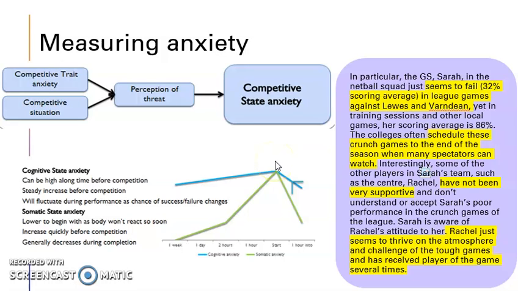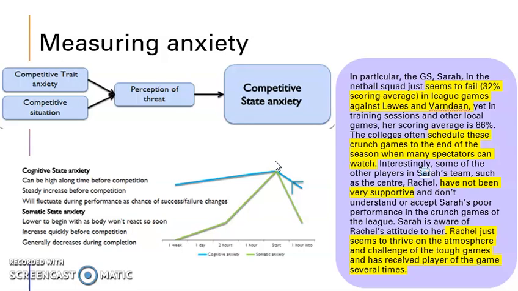Martens then went on to develop the Competitive State Anxiety Inventory in 1990. This is another self-report which measures cognitive state anxiety, somatic state anxiety, and self-confidence. These reports were handed to performers several times prior to the performance: a week before, a day before, 2 hours before, an hour before, at the start of the performance, and 1 hour into the performance. They're handed to the performers before in order to discover baseline levels and compare